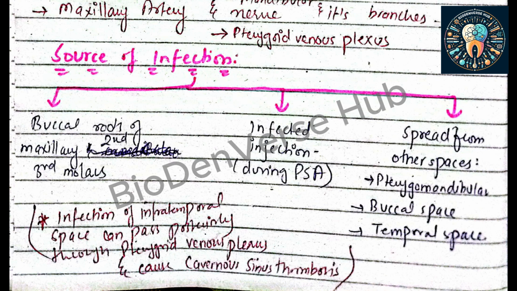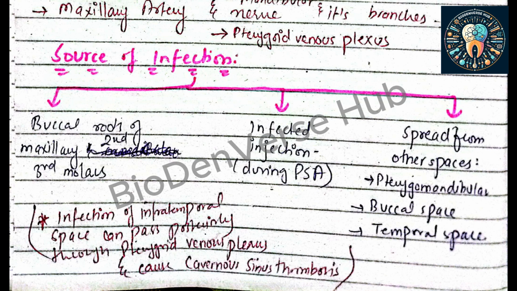So infection could spread from the pterygoid venous plexus through the emissary veins, and it could involve the cavernous sinus, eventually leading towards cavernous sinus thrombosis, and that could be manifested as the eye signs. It could be manifested as a toxic appearance, and it could be manifested as meningitis, coma, or even death. So the infection from the infratemporal space has equal chances of involving the cavernous sinus through the